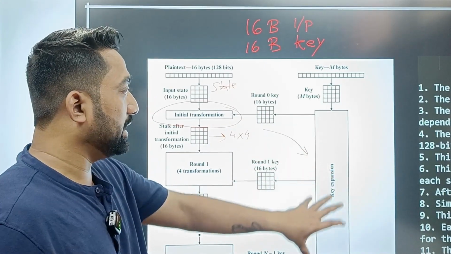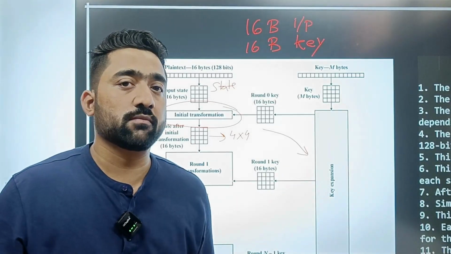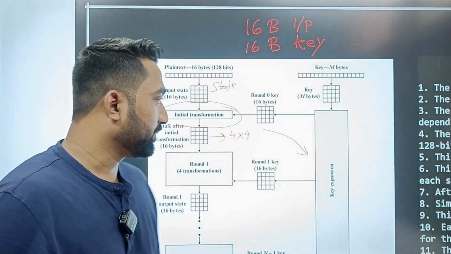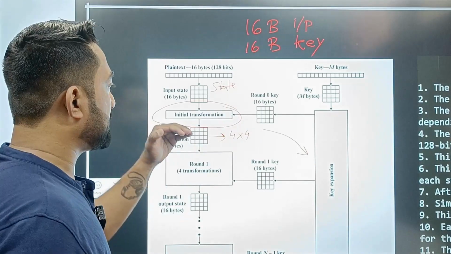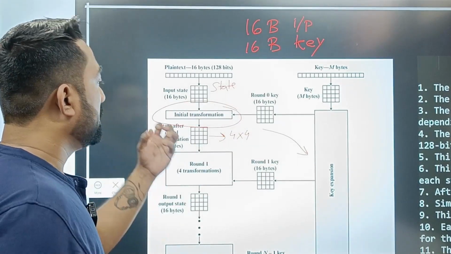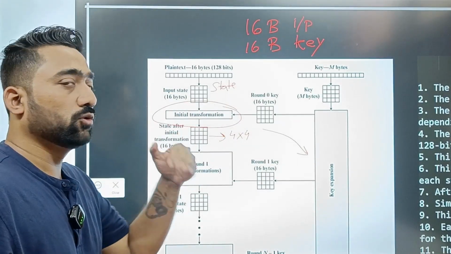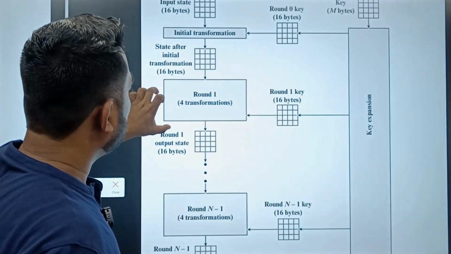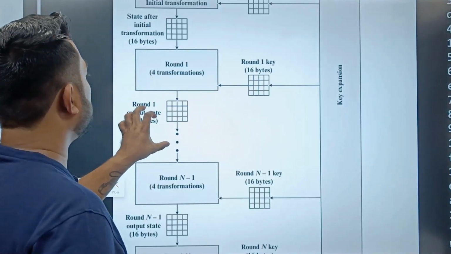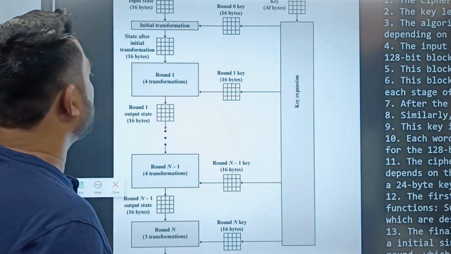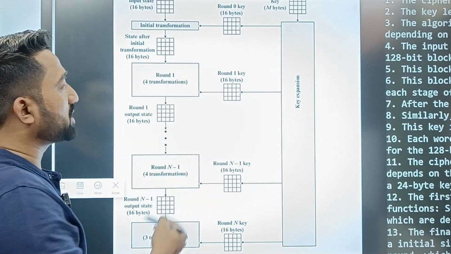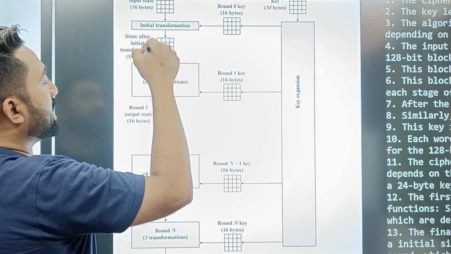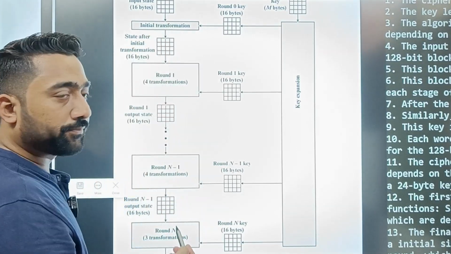So that 16 byte key is supplied using some key transformation function that we will study later. So the first step is done, that is we have obtained the initial matrix which will undergo transformation. So with that, round number 1 begins. Now what exactly happens in round number 1 is, as you can see over here, the output of the initial transformation goes inside as one of the inputs to round number 1,